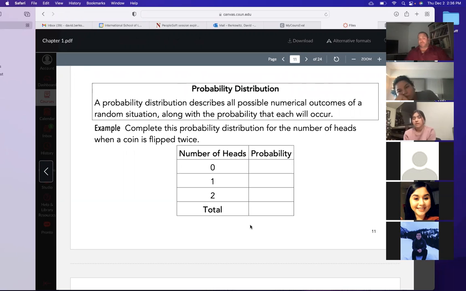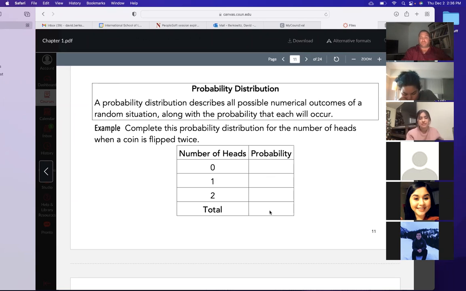So if you look at the sample space and you look at all the possible outcomes, we can then list them all. In this case, flipping, it looks like 2 coins. It could be 0 heads or 1 head or 2 heads in total. And we can write the corresponding probability next to it. And if I add up all those probabilities, what must it add to be a valid probability distribution?